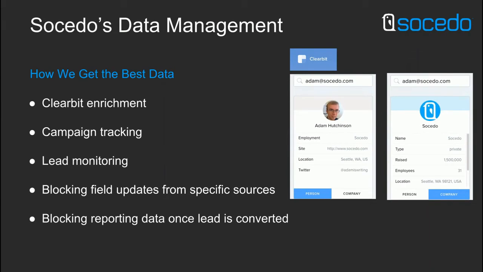So Clearbit's a pretty open API, and they're a data enrichment platform. They also have some contact name prospecting. They can do company lookups and everything like that. But really the real power, in my opinion, of Clearbit is the amount of data that they can enrich and append onto lead records. They integrate directly with Marketo, also with Salesforce and a variety of other platforms. They have a super open API, so pretty much any system you're using, you can connect directly from Clearbit. And you don't have to be too technical to use it, but you also can do some custom queries with them as well. So it's really great.